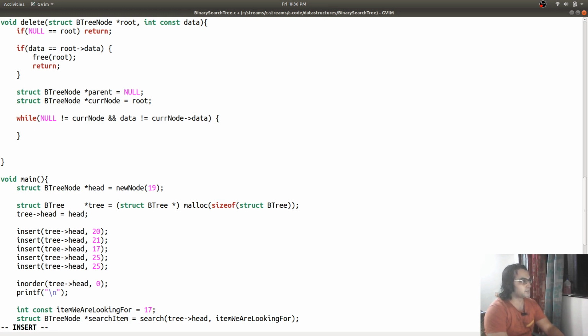So we won't find it, and current node will become a null pointer. To get around that, we need to put a check that it shouldn't be null.